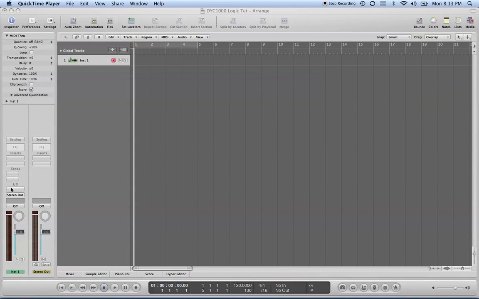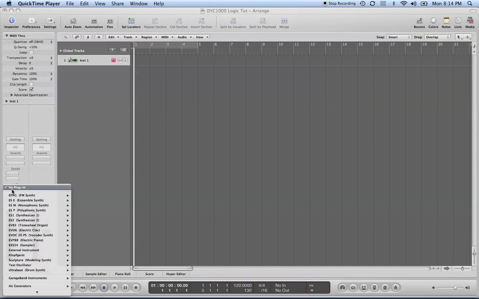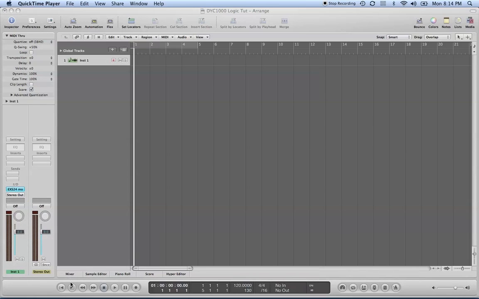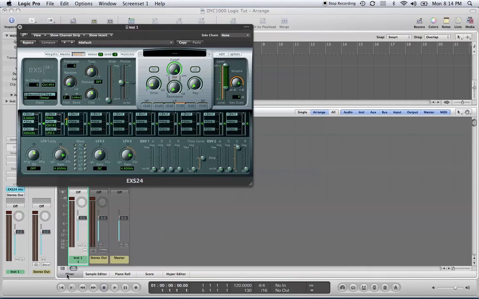Today I'm going to show you guys some quick and easy tips on using the EXS24 Sampler. The first thing I want to show you guys is if you load up your EXS24 Sampler and go to multi-output, basically what that allows you to do is, if we go to our mixer,